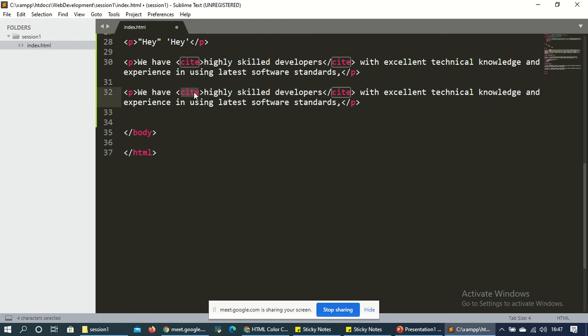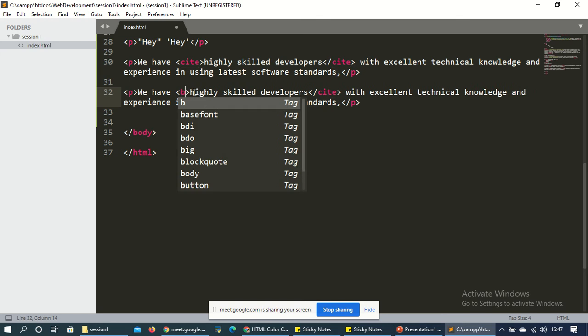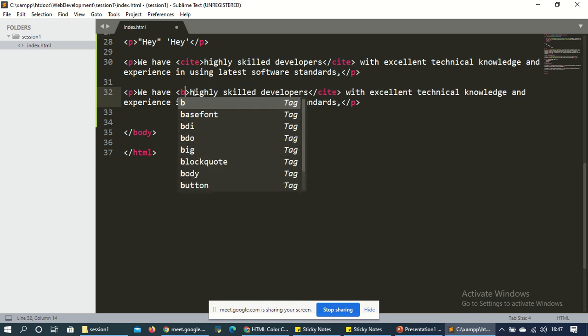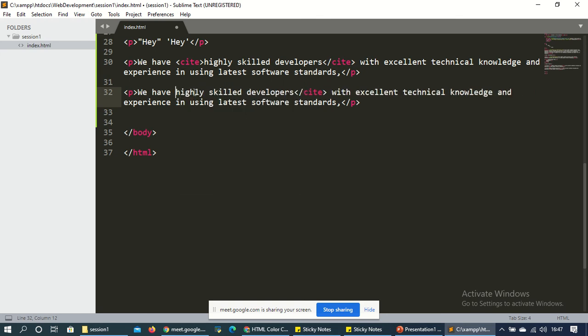What does BDO mean? Bi-directional. So sorry, we cannot use video here. For this we have to go directly to BDO. And DIR means directional. DIR is equal to, in double quotes, we use RTL.